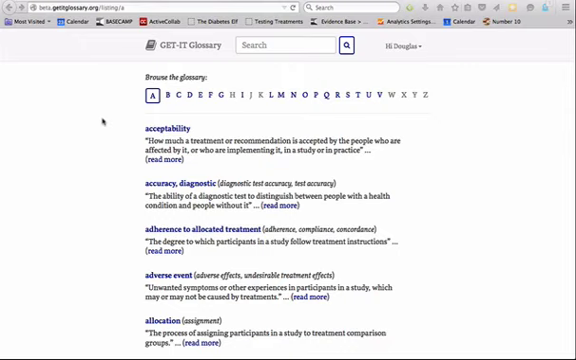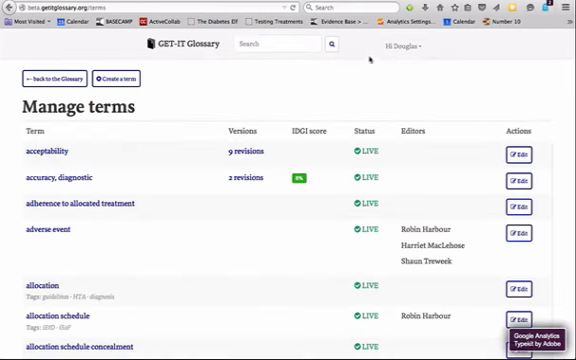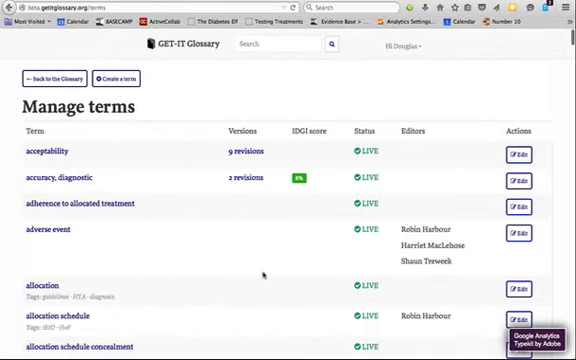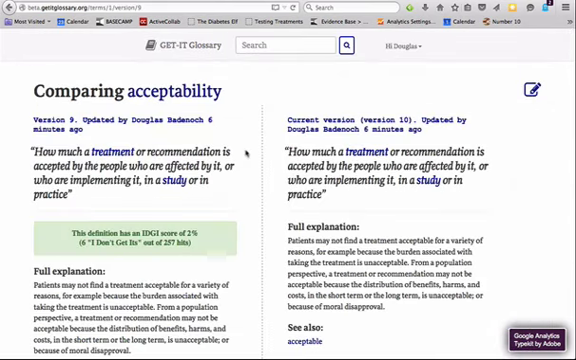Hello, we're now going to look at the GETIT glossary content management system and specifically how to manage versions of terms and comments on terms. So we saw before that we've got access to a manage terms interface which would show us all of the terms that we have access to, and there's a column called versions that gives you access to all the different versions of that term. So this term acceptability